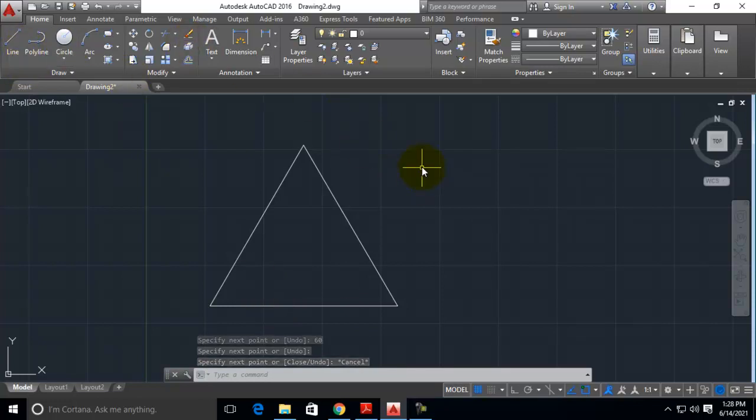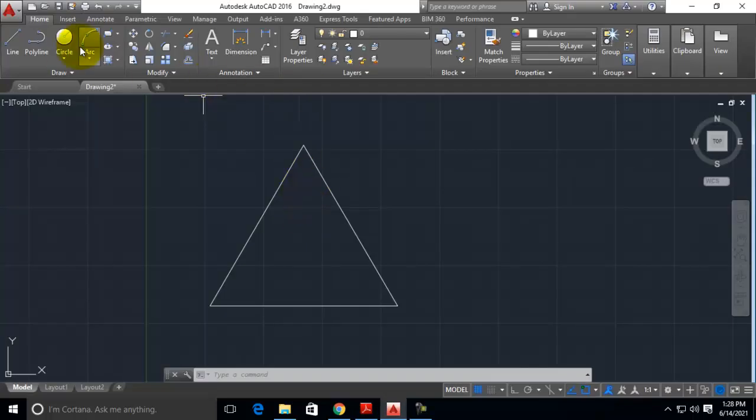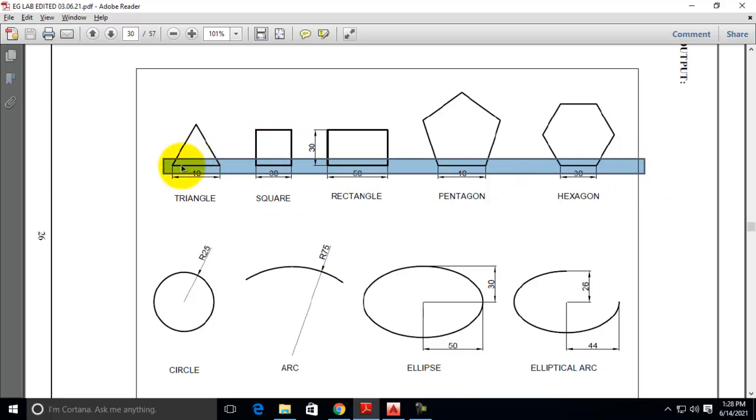Okay. Now we have to draw a square. For drawing this square, I am going to use the lines with the same baseline. Track the first drawn line, that is for the triangle, and use that as the baseline for all the lines while drawing itself.